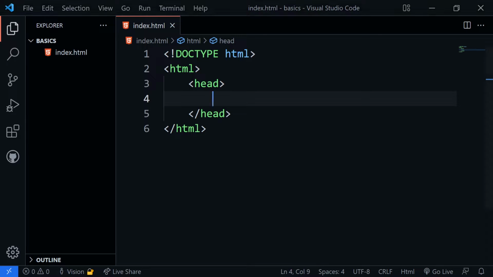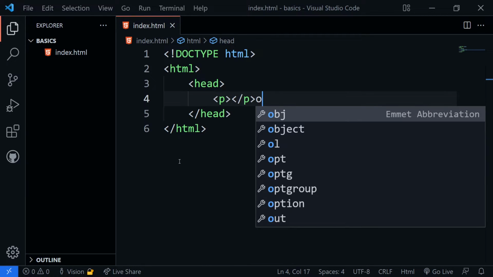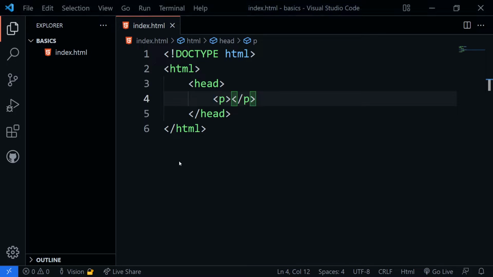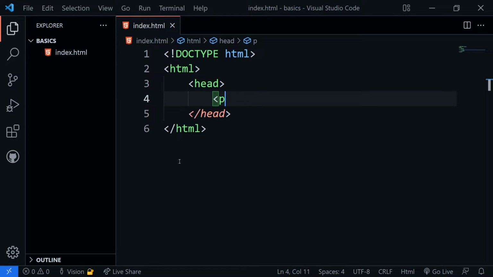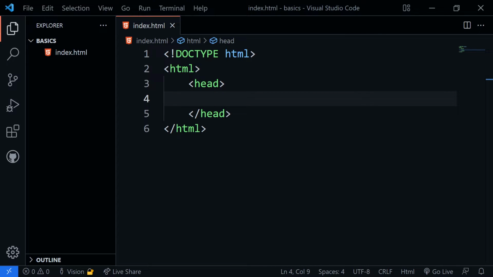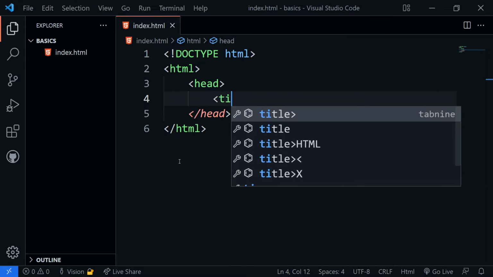If we were to put something here like a p tag, if you don't know what that does, don't worry about it right now, I'll show you that in a couple minutes. This would be weird because p tags don't normally go inside of head. The head has standardized tags that go inside, and one of those standardized tags is